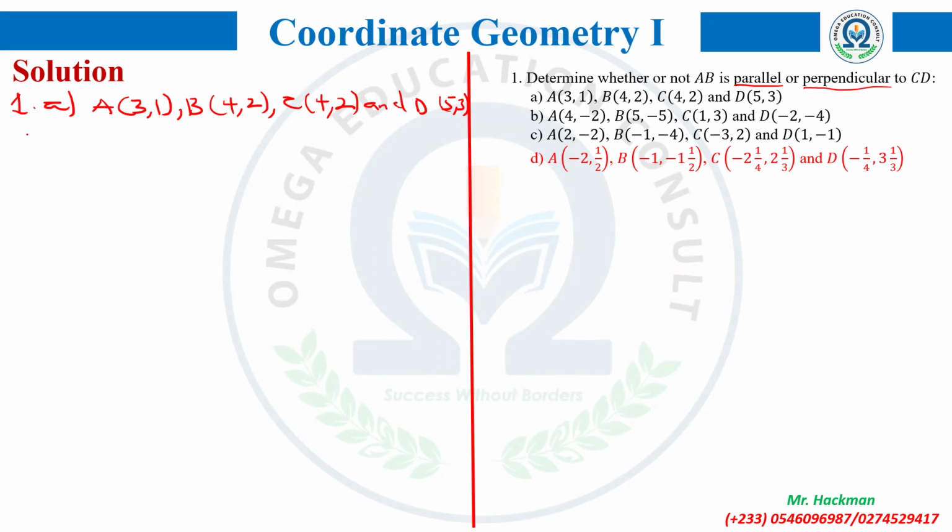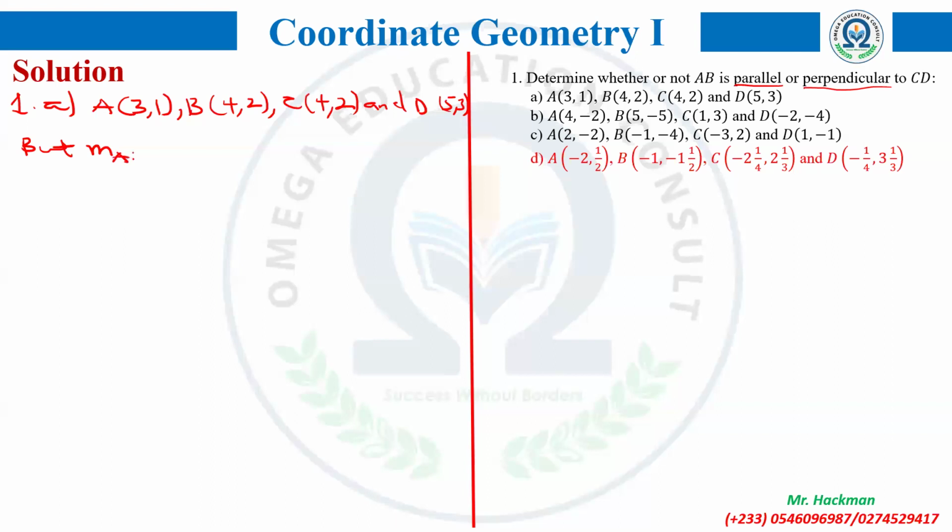Now what do we do? In order to determine whether lines are parallel or perpendicular, what do we need? Their gradients. So we are going to find the gradient of AB and the gradient of CD. We know how to find the gradient given two points. So I'm going to write the gradient of